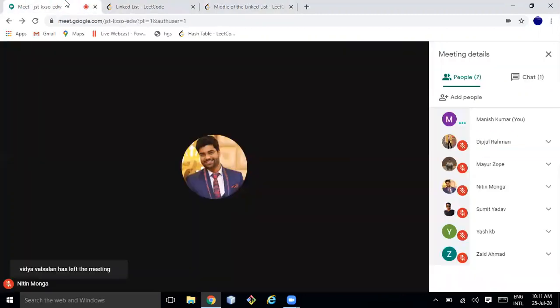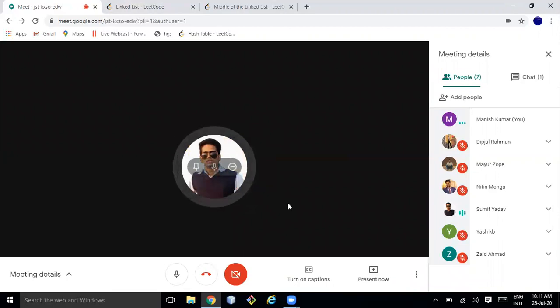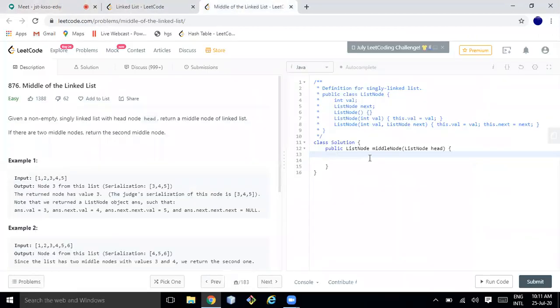Hi Manish. In this problem, when solving, do we have to uncomment that definition of the linked list? No need to uncomment. It's just the internals of LeetCode, just for your reference. So this is the structure of the node class. In our implementation, we created this as a nested class, right?